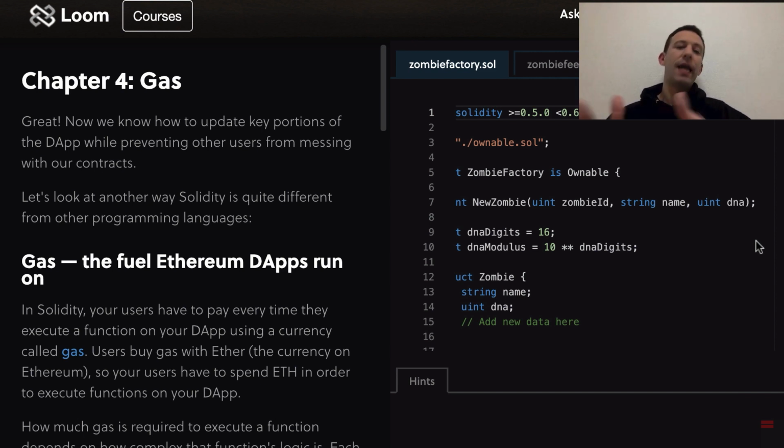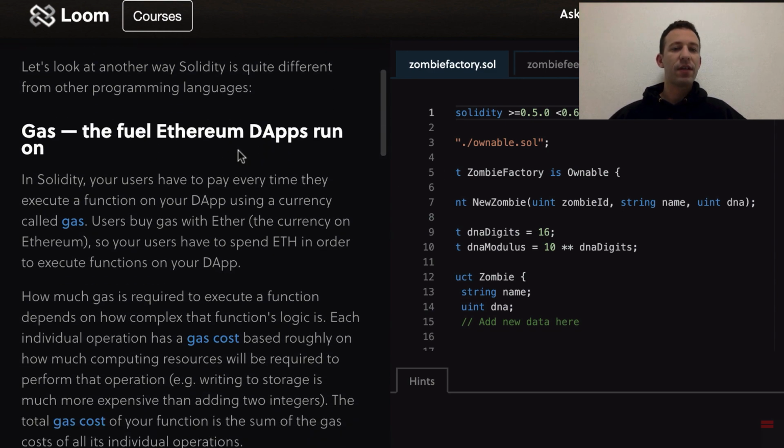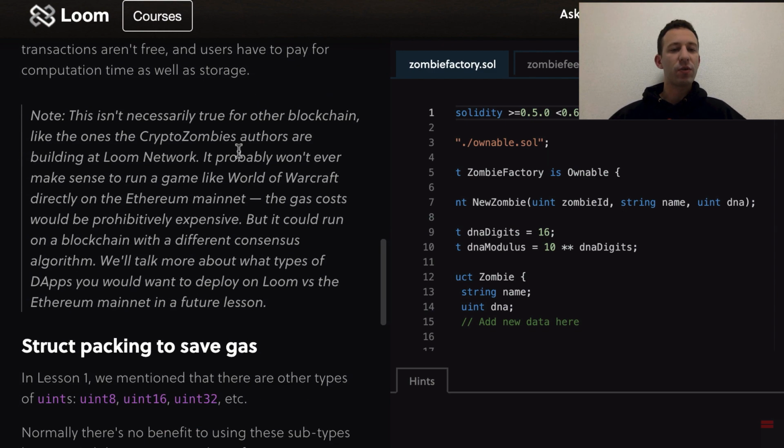But in any case, as a smart contract developer, you have to make sure that your smart contract does not consume too much gas. So you need to do some gas optimization. After your smart contract works well, then you start to optimize for gas. There are different techniques for this. So if we scroll down,